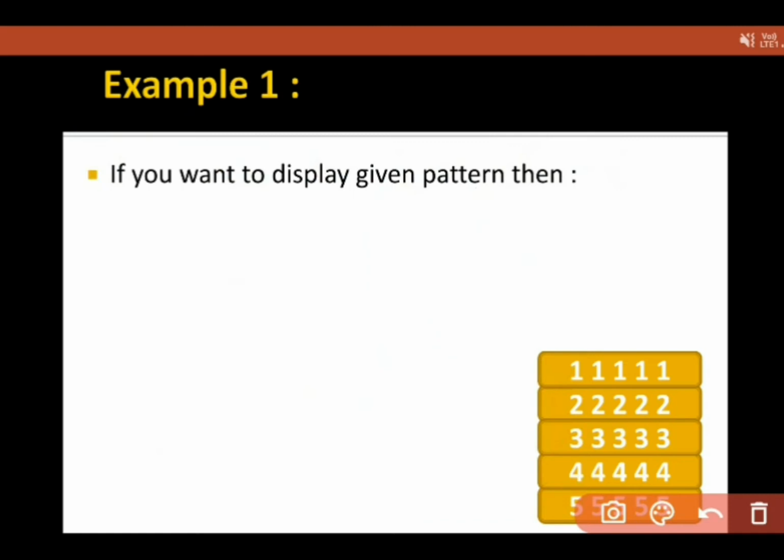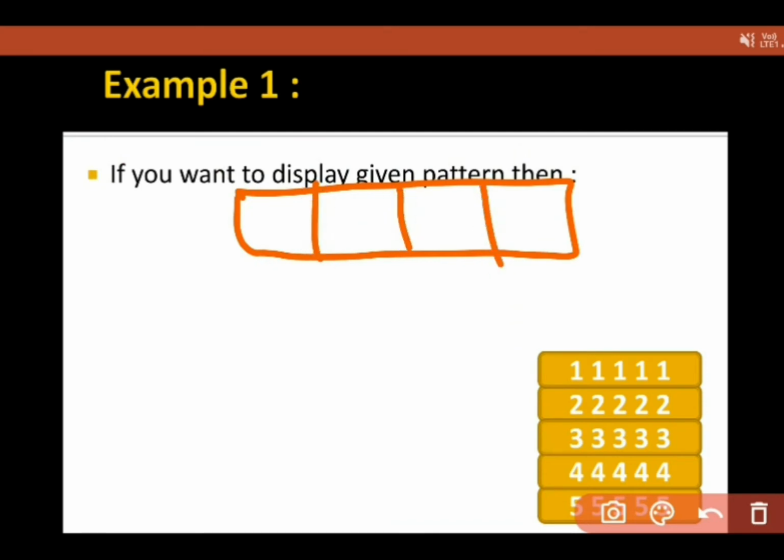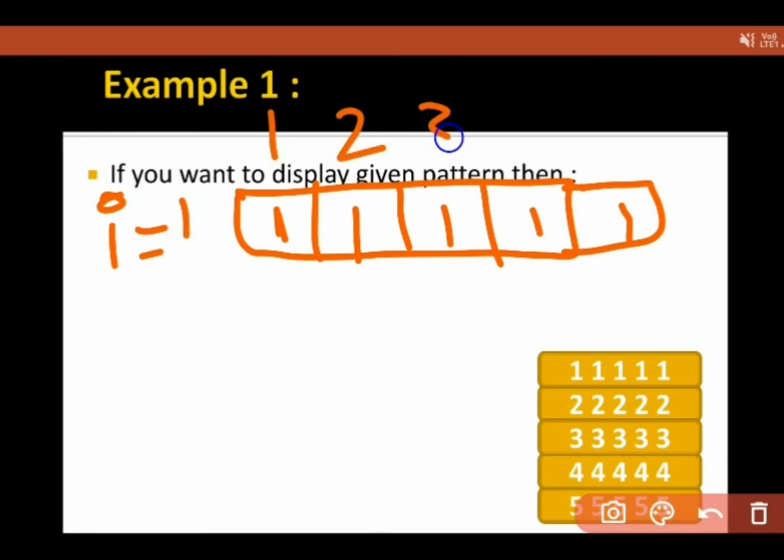But how? Now, my target is in each and every line, whatever I am having, I want to repeat it 5 times. Means if value of I is 1, I want to repeat my 1 5 times. Means counting should be there 1, 2, 3, 4, 5.